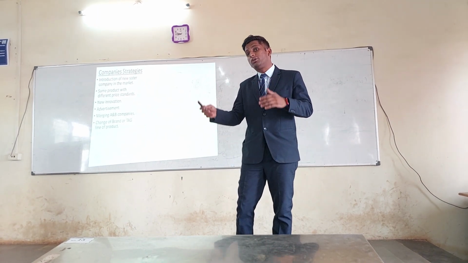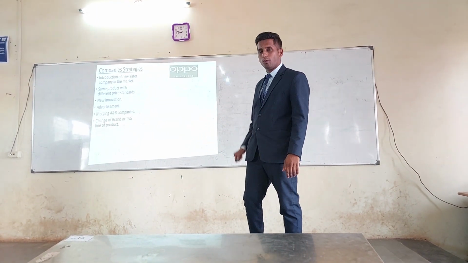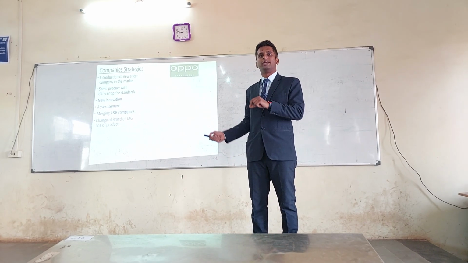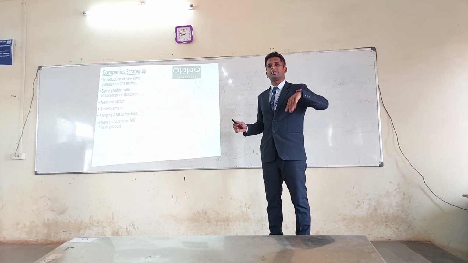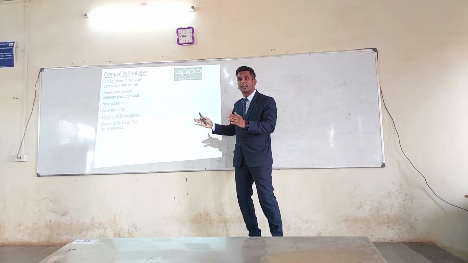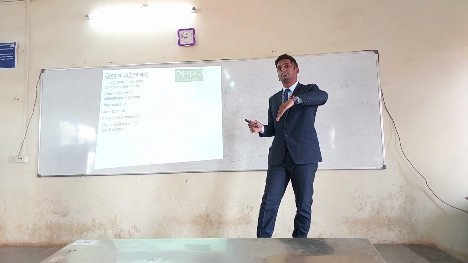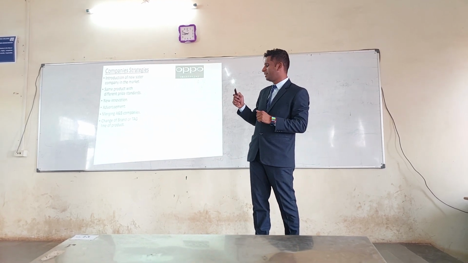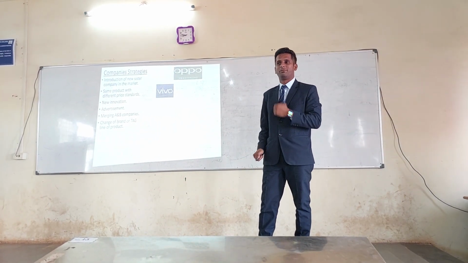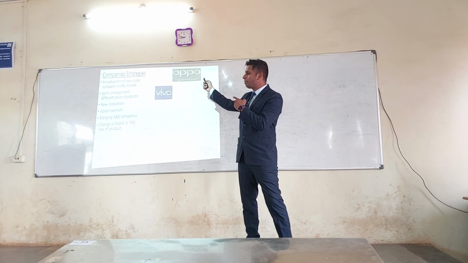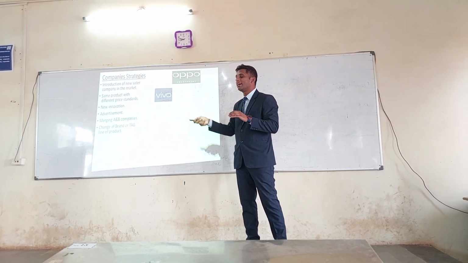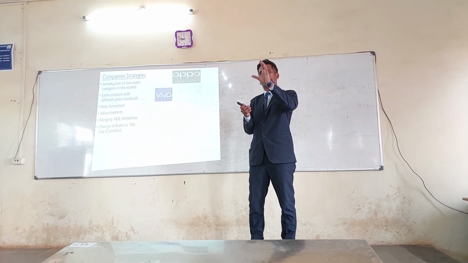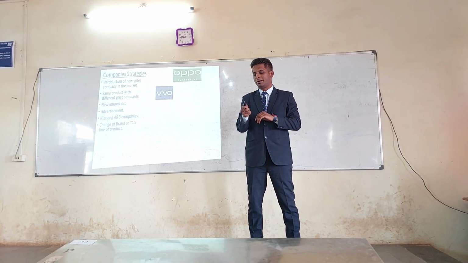When your company is going into a loss, for example, Oppo. Oppo was going into a loss when it came into the market. In the first few years there was hype. But again, when they saw their graph, they knew people were not using Oppo phones. So what they did is they introduced their sister company, Vivo. Same company, same brand, but different model and different look. In this, they added some new features, for example, the camera was upgraded.